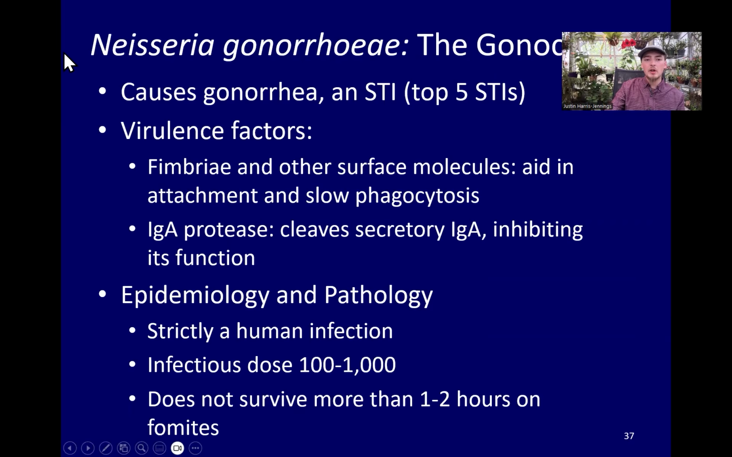And so gonorrhea is one of the most common STD infections, and it has virulence factors like fimbriae that help with attachment to prevent sloughing off of the bacteria. And it can prevent cells from engulfing them. And also, because they live inside of the mucous membrane of the tissue, IgA, if you remember, IgA